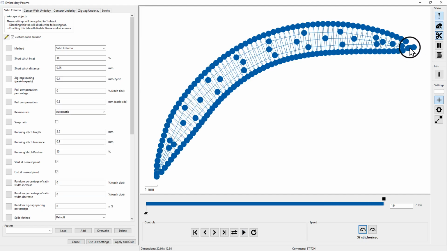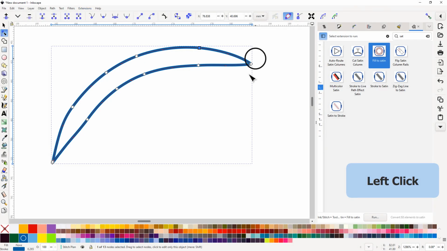So you are going to get your lock stitches, your tie-in stitches, right in the corner here, and your tie-out stitches right in the corner there. So then what you get is that the density is fairly high, and a chance that you are going to get bird nests in these corners. So what I like to do with a tapered satin,